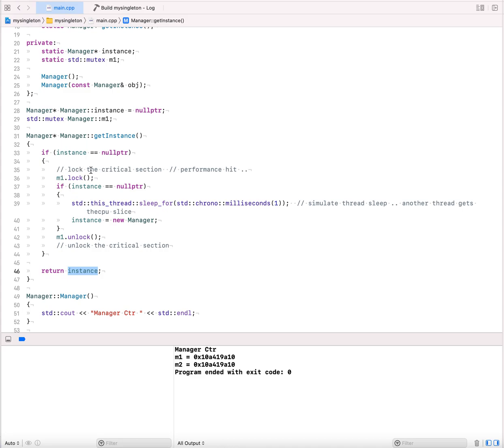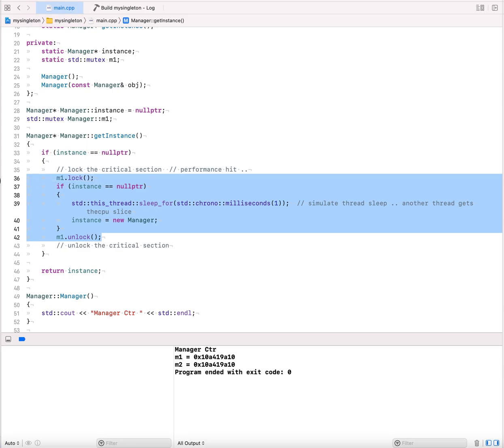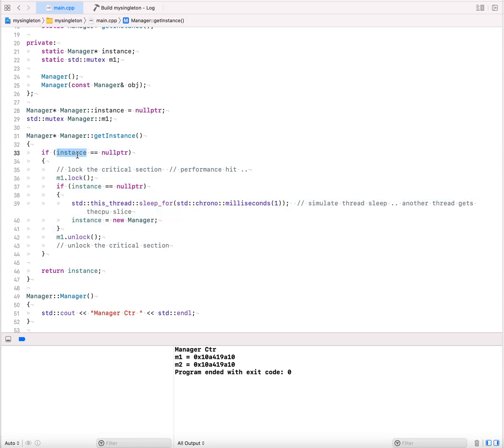Now the next time, had this instance check not been there, the second thread would also acquire this lock, the third thread would also acquire this lock, and unnecessarily check and unlock. This kind of locking is not necessary once your instance is formed. So you put another check. If the instance has already been created, you do not need to acquire any lock, you just return the value. So it becomes a little bit faster when a large number of threads access your class. Okay, so again, if you run it,